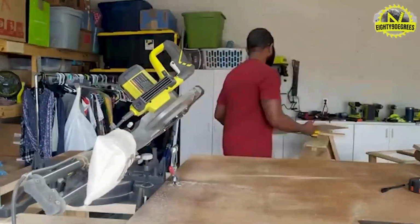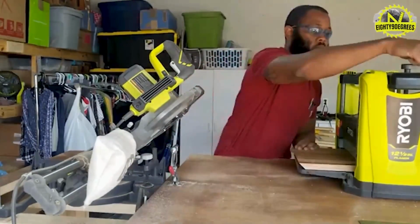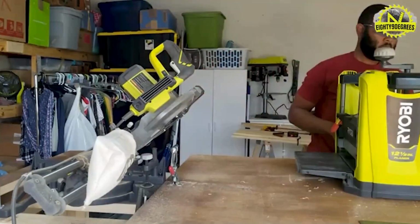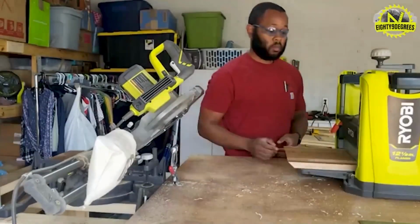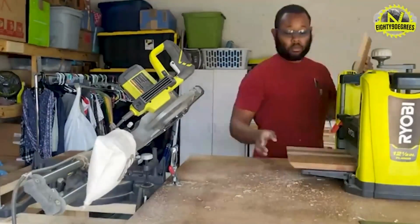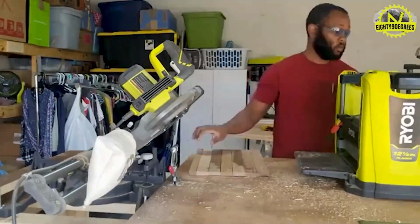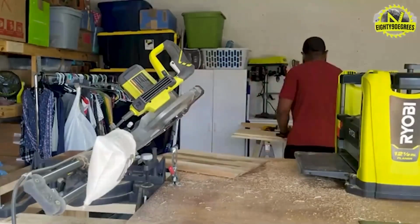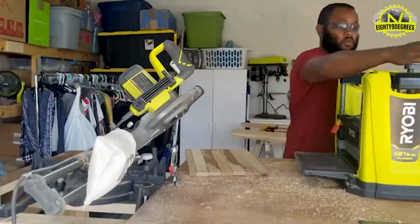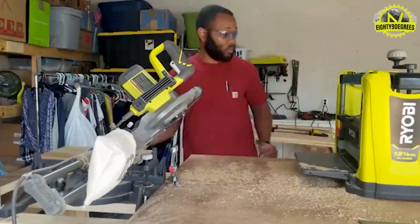So I decided to go with 45-degree angles to meet on the sides. I could have done box joints or dovetails or any other thing, and I say I could have done that. I'm not sure how well I could have done that. I am a beginner woodworker, and I was not too good at putting together the sides at 45 degrees, which I figured might be one of the easier ones other than just a butt joint, but